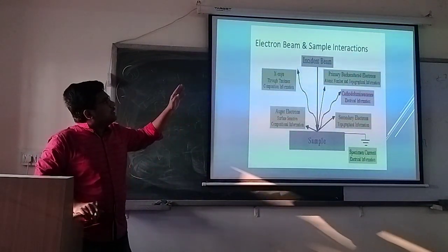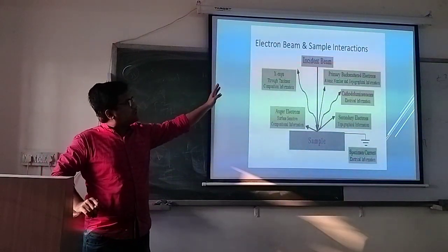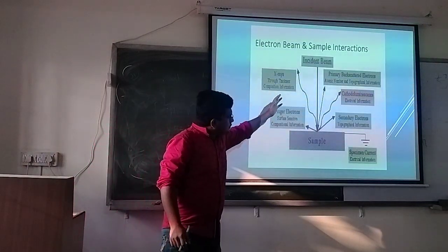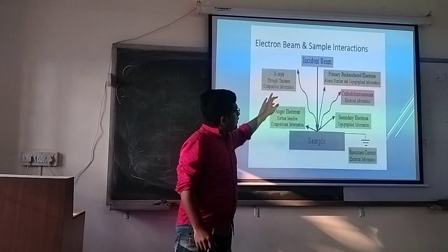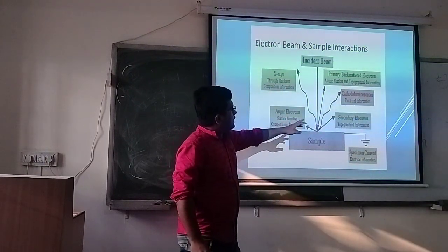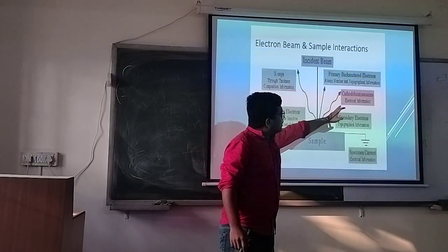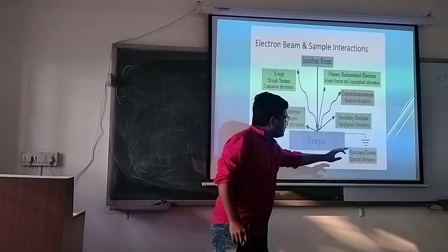In electron microscopy we use the incident beam. Incident beam means the electron beam. What does the electron beam do? The electron beam hits the sample and the sample scatters five types of signals. These are the secondary electrons, backscattered electrons, X-rays, primary vector electrons, and the cathodoluminescence, and the specimen